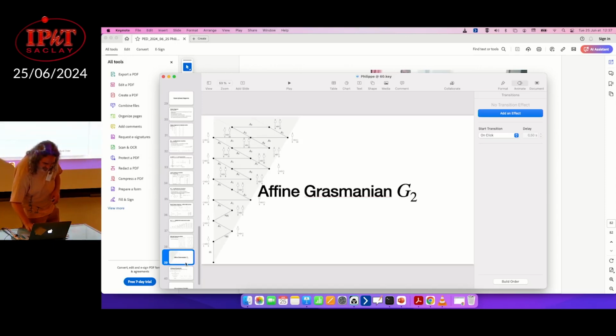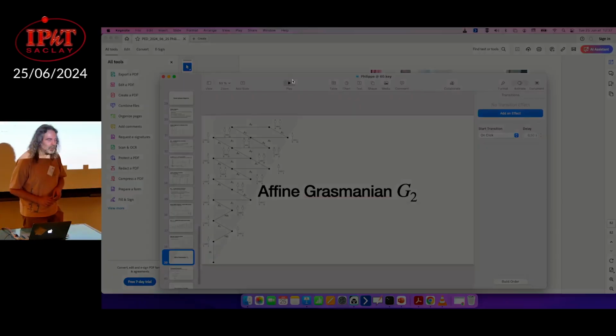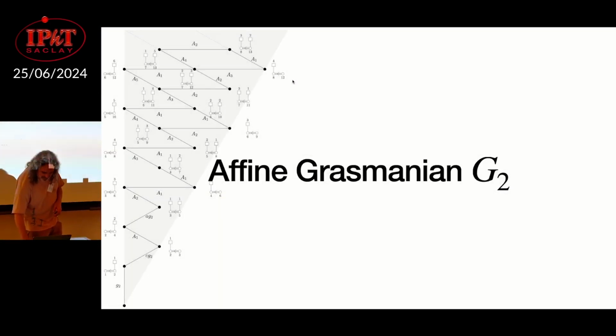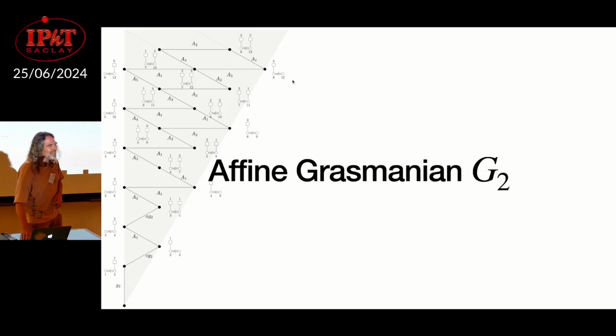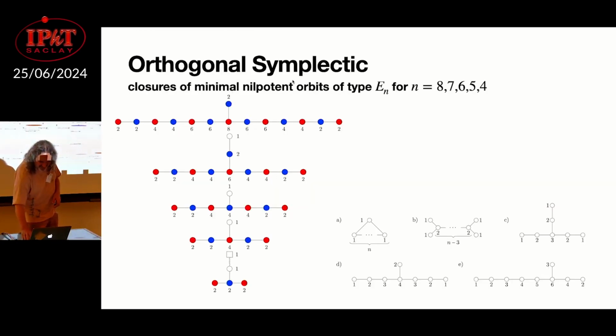Actually, this was showing in the talk of Antoine. He put the Affine Grassmannian of A2, I put the Affine Grassmannian of G2, but none of us were talking about that. Anyhow,